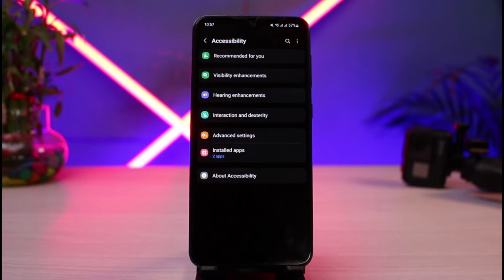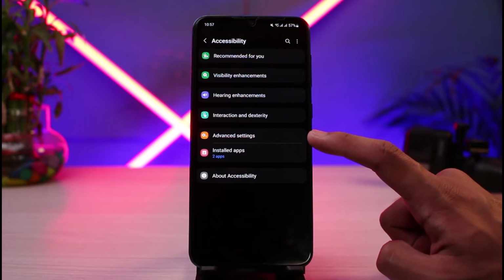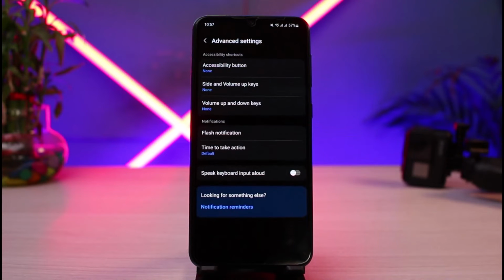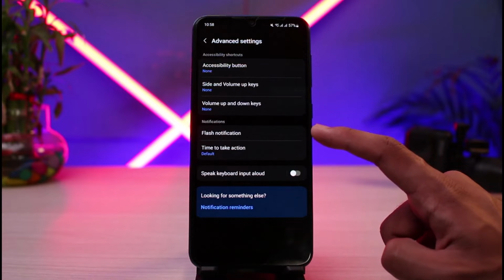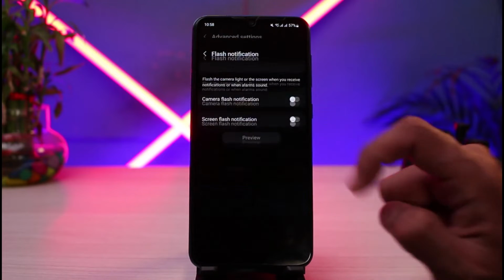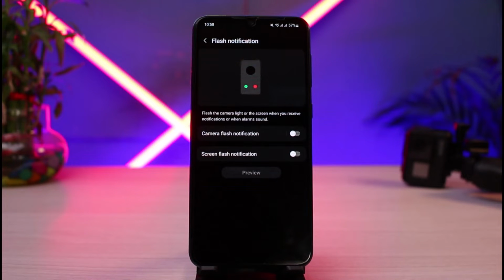As you tap on accessibility settings, you'll be able to see a bunch of different options. If you look closely here, you'll find another setting which says advanced settings. All you have to do is simply tap on advanced settings. As soon as you tap on advanced settings, right over here halfway down the bottom, you'll find a section which says flashlight notification, and all you have to do is simply tap on flashlight notification, and you have to simply